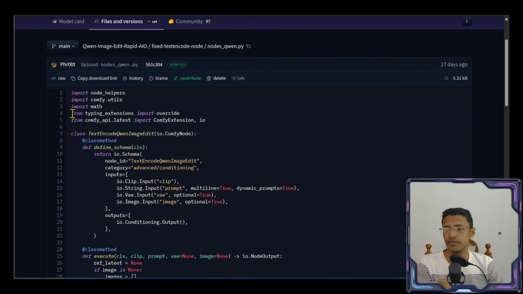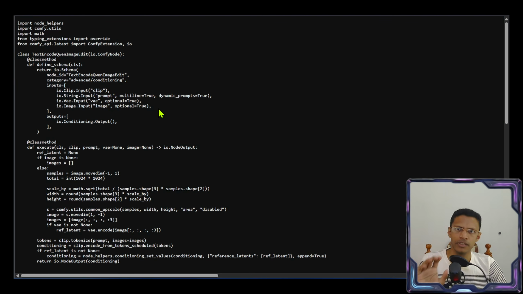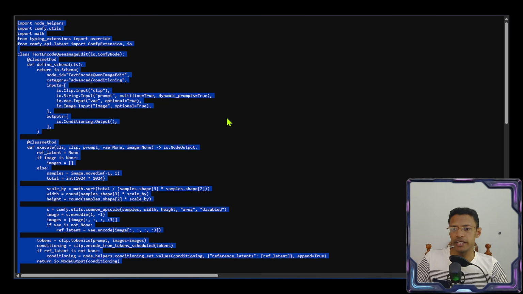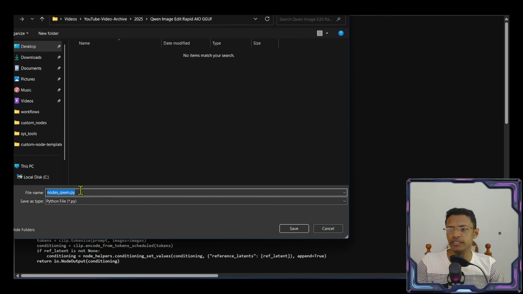Now first, to download this, you will simply click on this button here, copy download link, and you can paste this in any download manager. It's going to download automatically. If you don't have a download manager, you can click on raw. It will open the file. From here, you can copy everything, or you can right click save as, and you need to save it with this name,